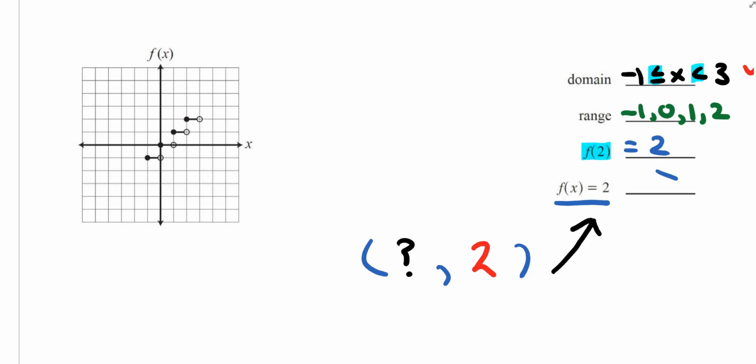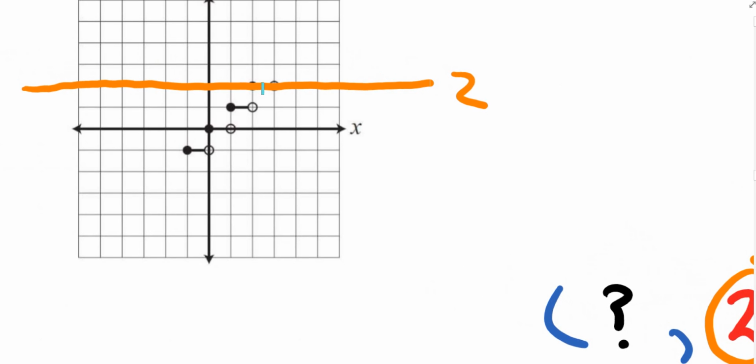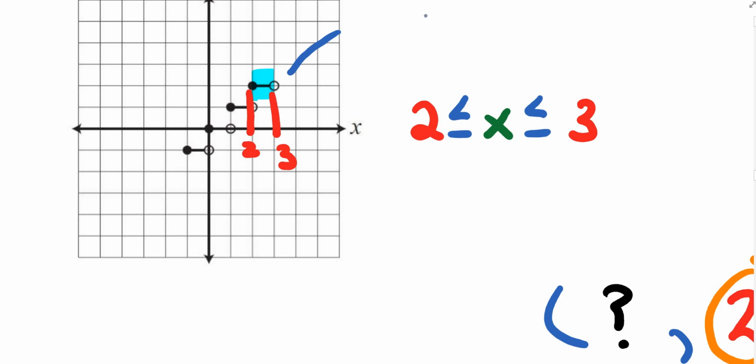Okay, that was a bit of a tricky one. So the y value is 2. What you can do is draw a horizontal line at 2 here, and you'll notice which x values actually have a height of 2. Well, it's this stuff right here, that blue region right there. So let me erase that. So ask yourself, what are the x values there? This x value is 2, and this x value is 3. So it's everything between 2 and 3. So now my x value will go there. It's everything between, so the signs always go this way. And since you have a hole there, as I mentioned, then you just need to get rid of this